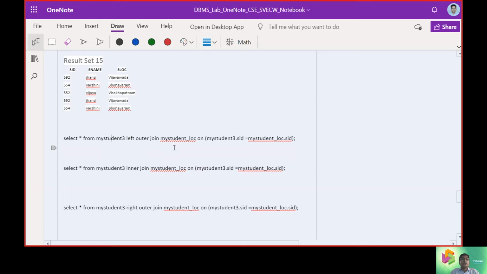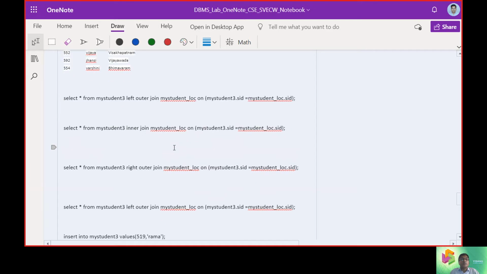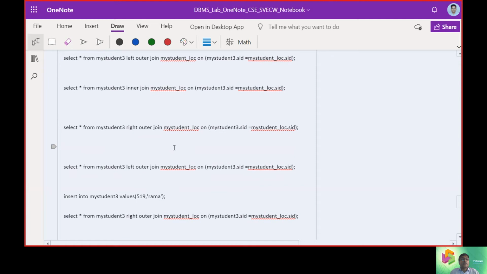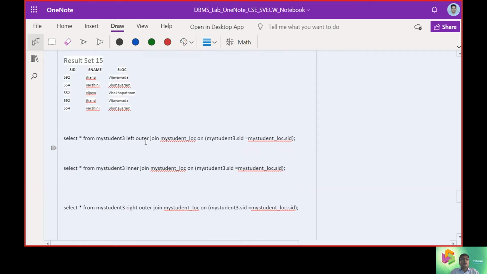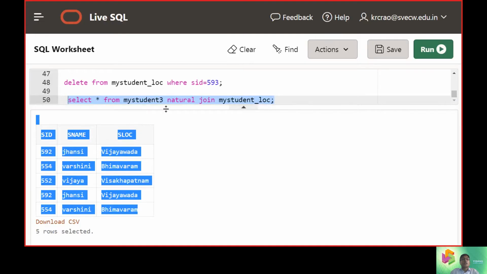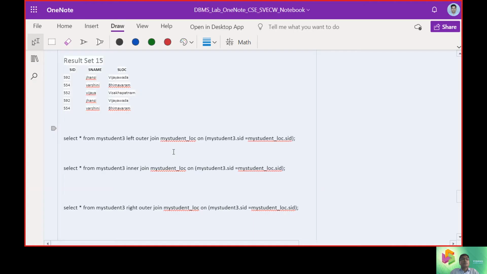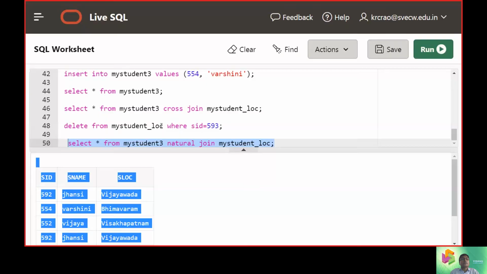Let us put things between these 2 tables. Now just verify the answers here. To start with, as we are extending the concepts, we are taking my student 3 and my student location, right?